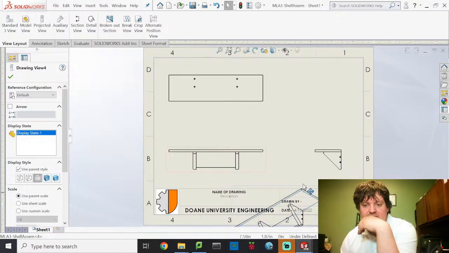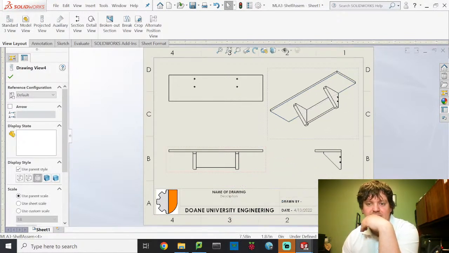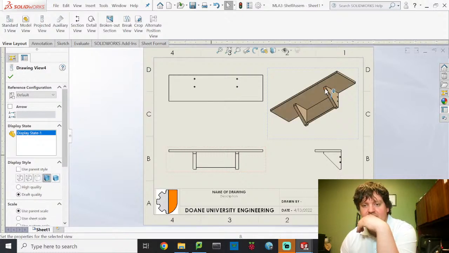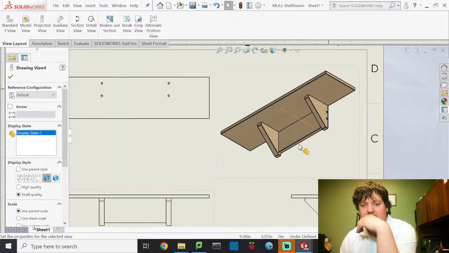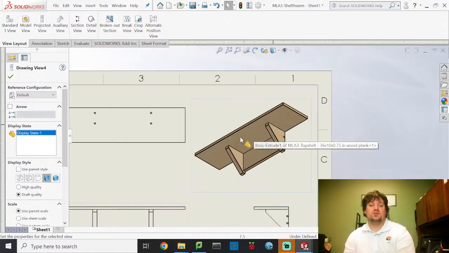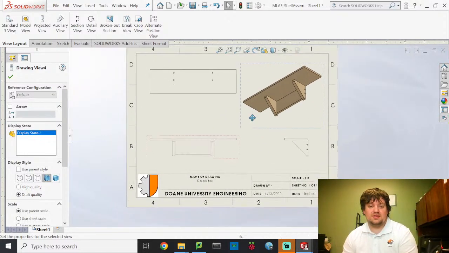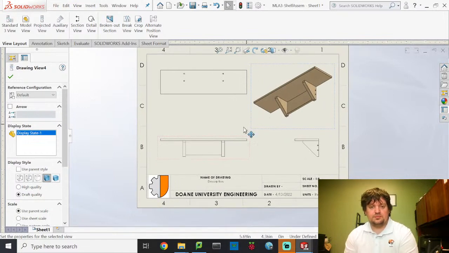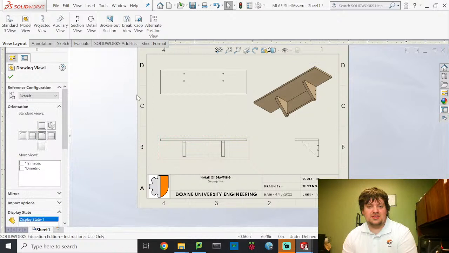I'll click on this, drag it up. As you know, I like taking this one and making it shaded. Now it actually shades it with the material properties that were applied, which is kind of cool. Makes it look a little nicer. I'm not going to do hidden lines on these because it kind of makes them a mess, but you could